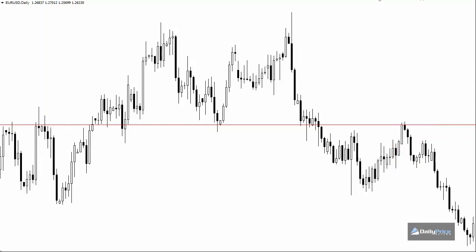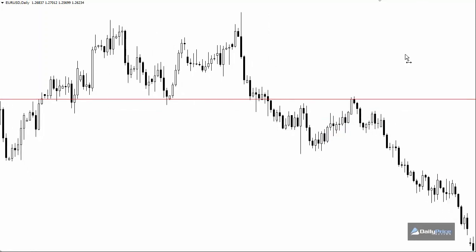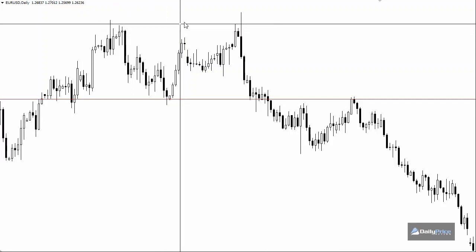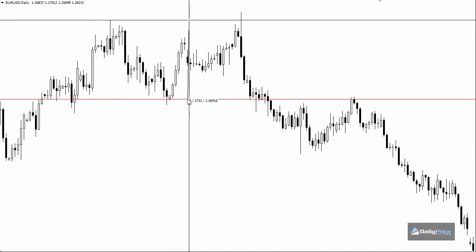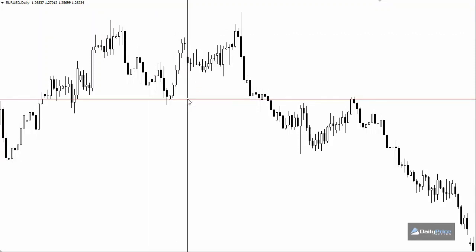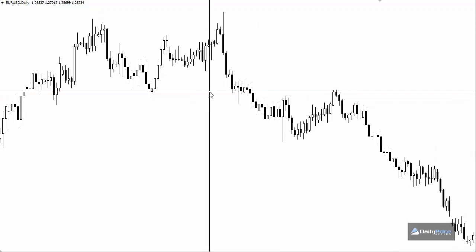Okay, so let's talk now about a measured move. And what a measured move is, it's simply a way to identify a possible target after a double top is formed. Okay, so the way we come up with a measured move objective is we have our two tops here. We take the distance from the top to the neckline. All right, and in this case, that's about 270 pips. We then take 270 pips and we measure to a future point lower in the market. And as you can see here, that gives us about,